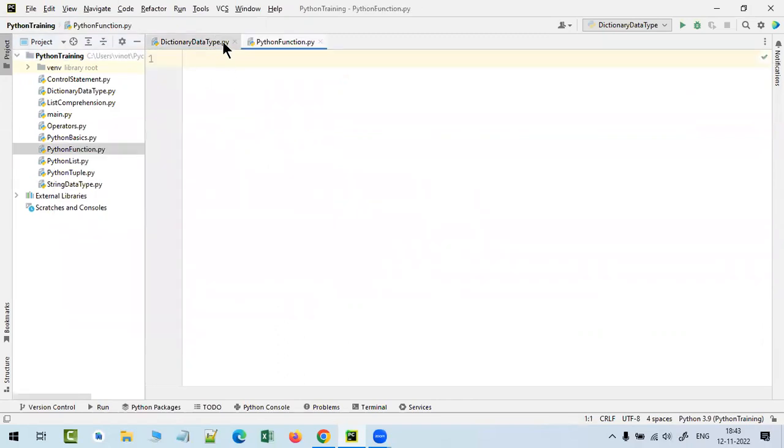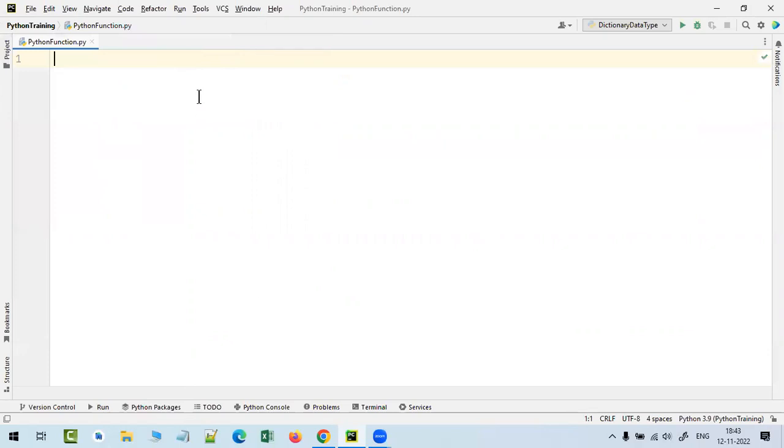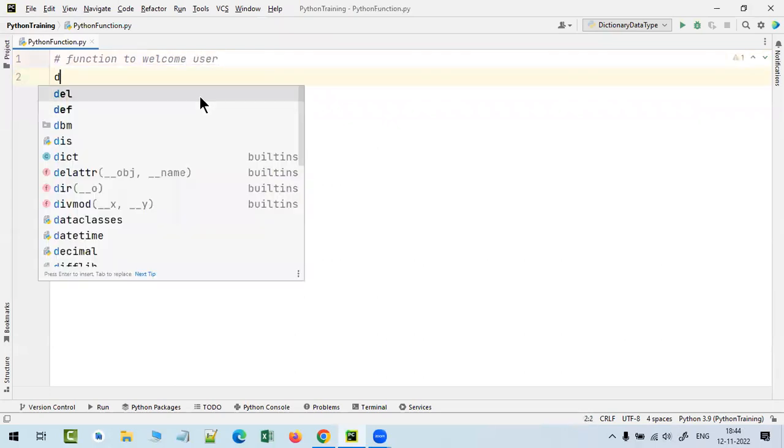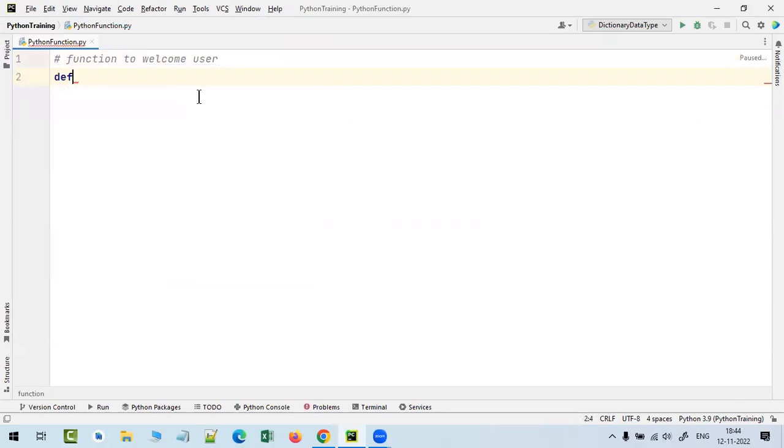Very easy topic, very powerful mechanism too. So first, a simple program: a function to welcome a user. If you're going to write a function, it should start with the